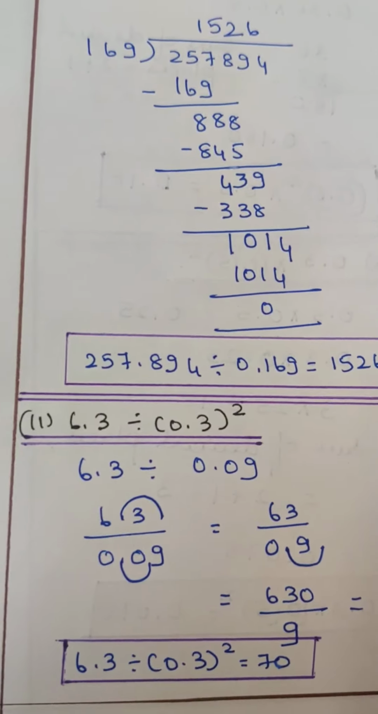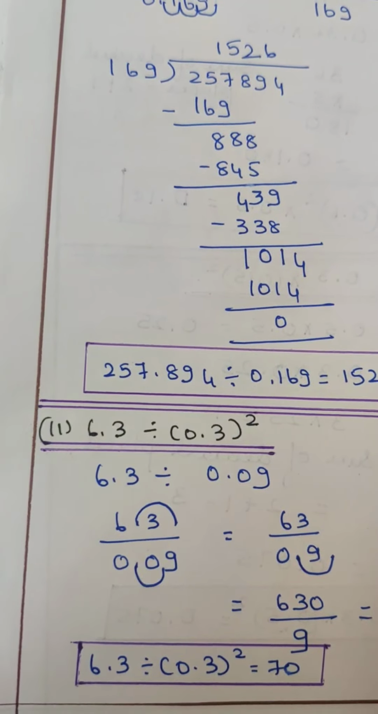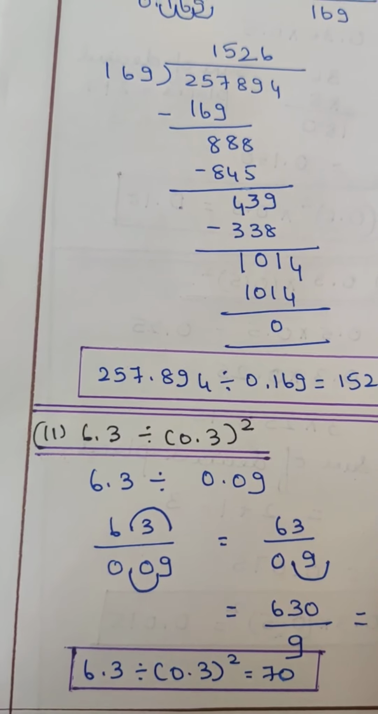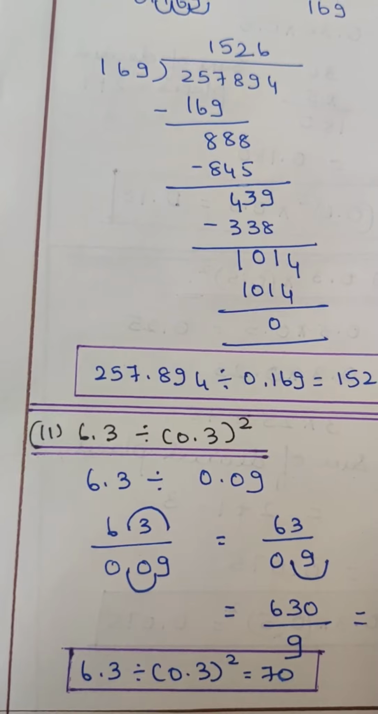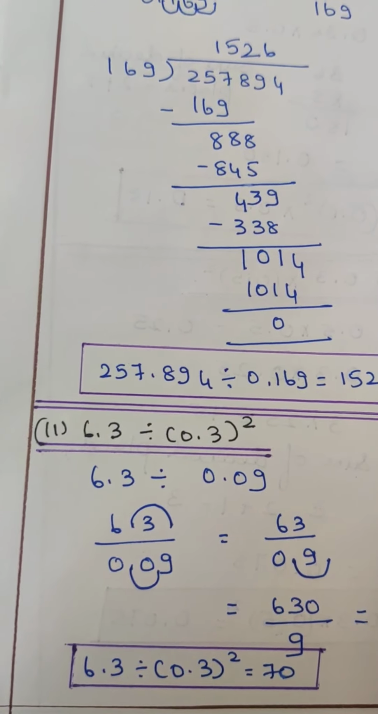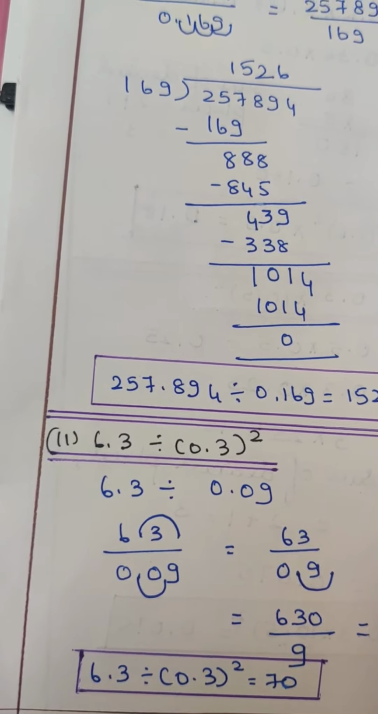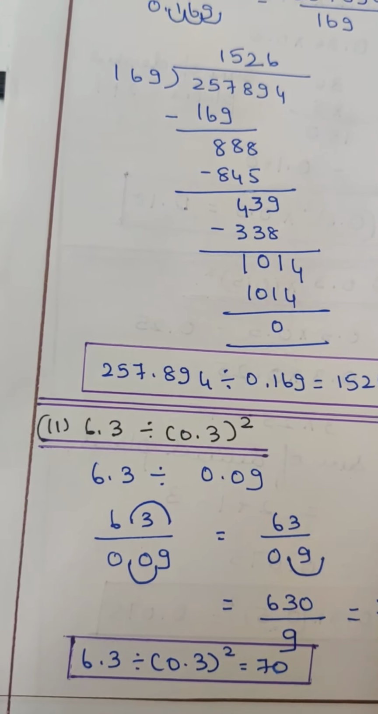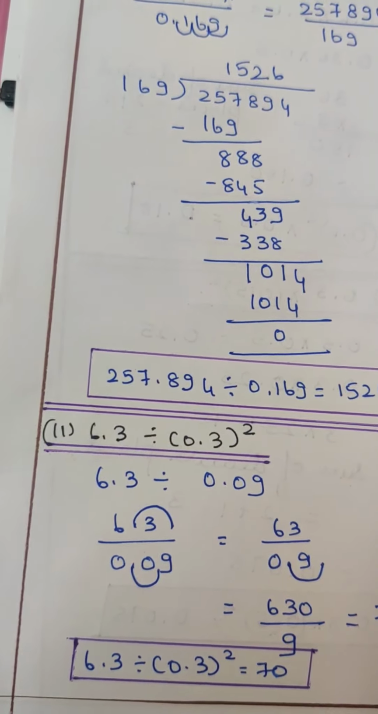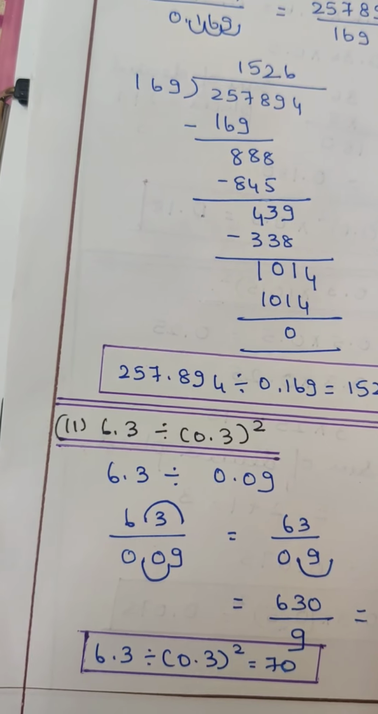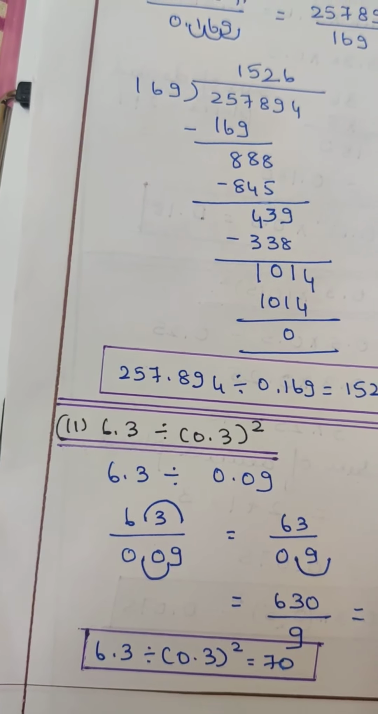Now you have the 11th sum. 6.3 divided by 0.3 the whole square. That is nothing but 6.3 divided by 0.09. So now you have 6.3 divided by 0.09. So one place you move both the side, it becomes 63 by